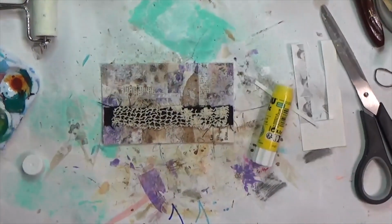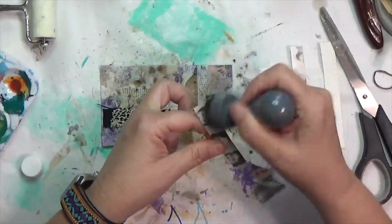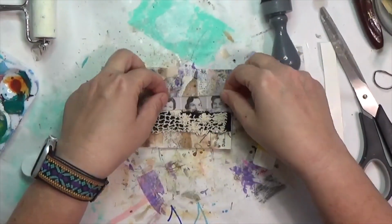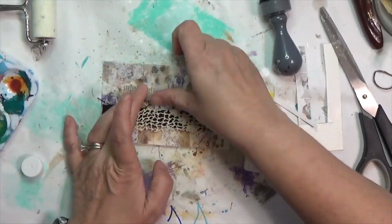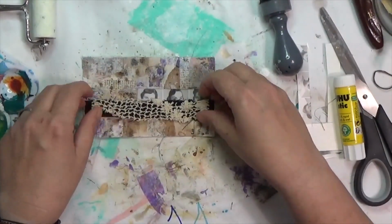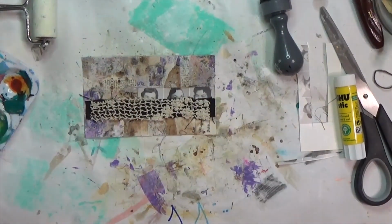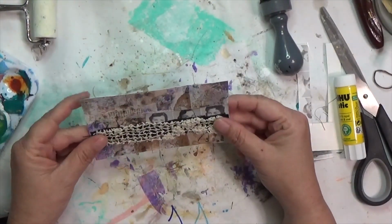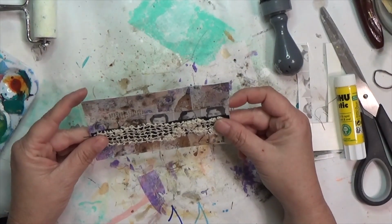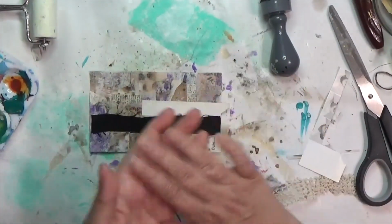And again, sticking it down with my Uhu glue stick, I do real quick grab an ink blender with some walnut stain distress ink on it, just to give it a little age and kind of go with the walnut ink crystal ink that's on there. And again, I will use my Uhu glue stick to stick that lace down. I'm going to put it...